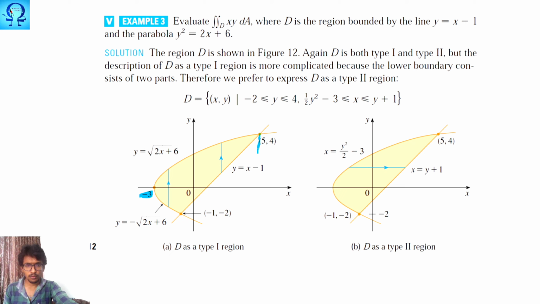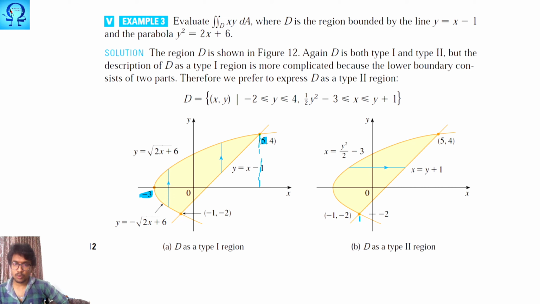here, actually it has to be a straight line that you can do, and you see your x value is going to be 5. Okay, so it is 5. So your x ranges from -3 to 5. Fine. Whereas if you look at the lower and upper curves, your x minus 1 curve is the lower and under root 2x plus 6 is the upper. This is one way. And the other way,